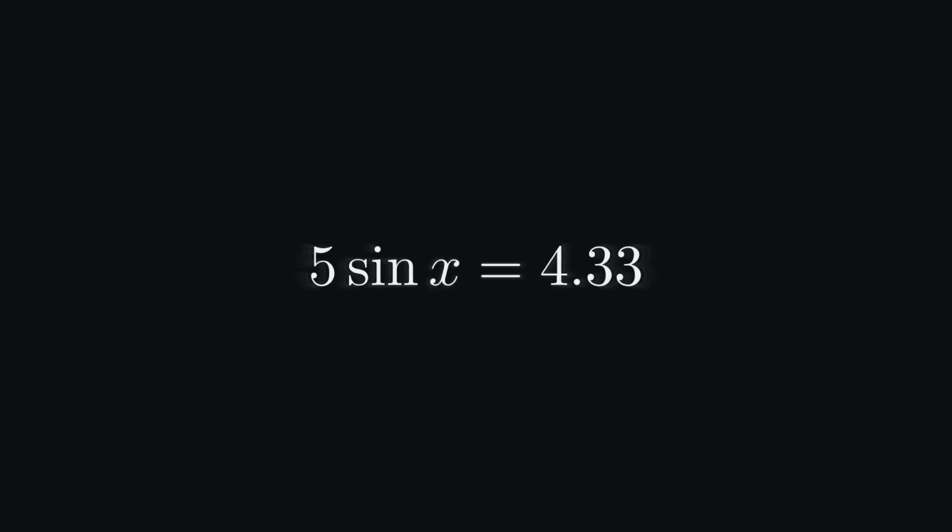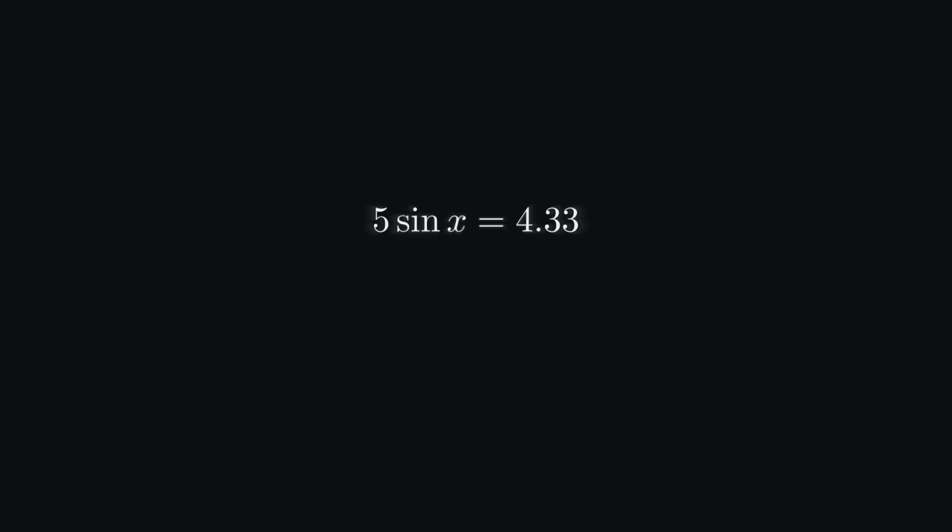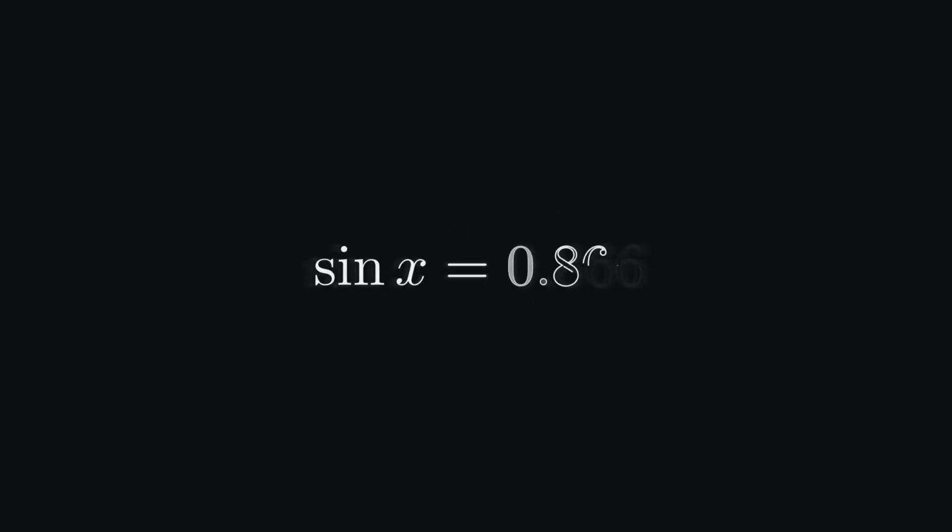Let us begin with part A. We need to solve for x. The first step is to make sin x stand alone. 5 sin x equals 4.33. Sin x equals 4.33 over 5. To make sin x the subject, divide both sides by 5. So, sin x equals